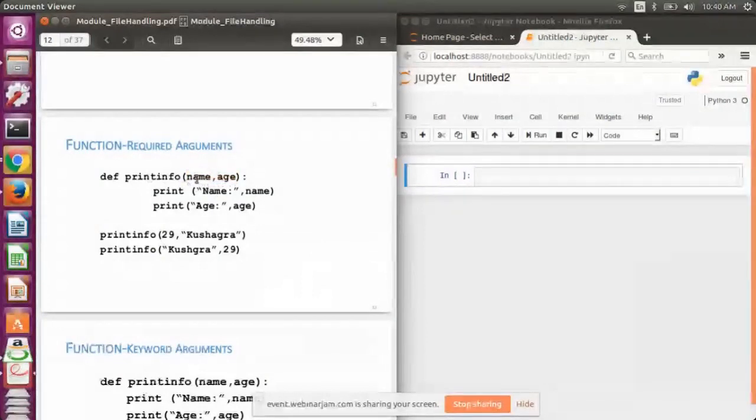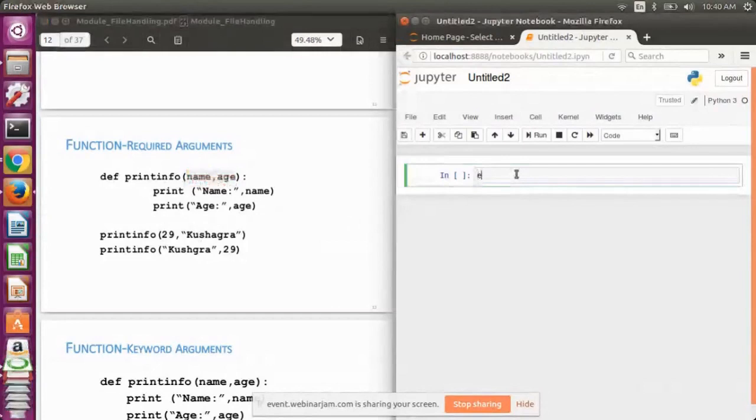If I wouldn't have defined any parameter in this parameter list, then there is no need to pass any argument. So if I show you this example and do some experiment with them.